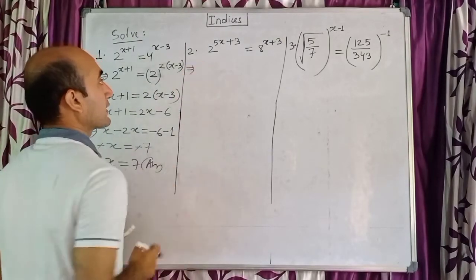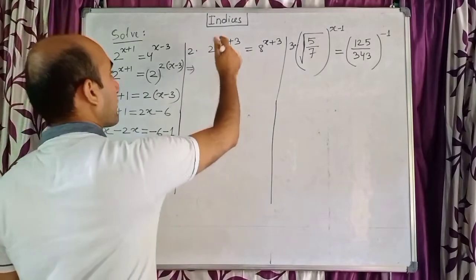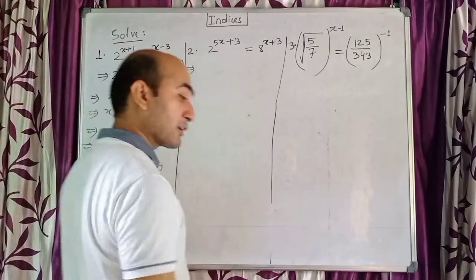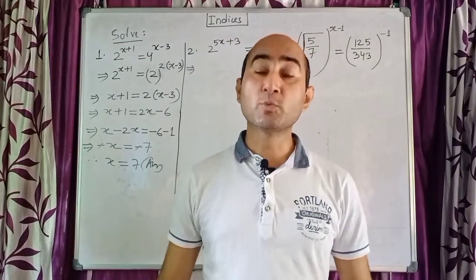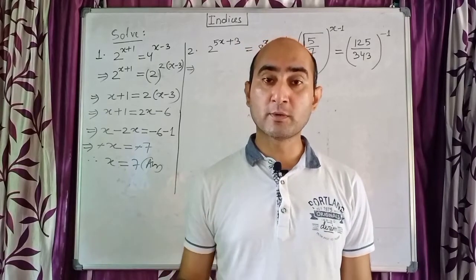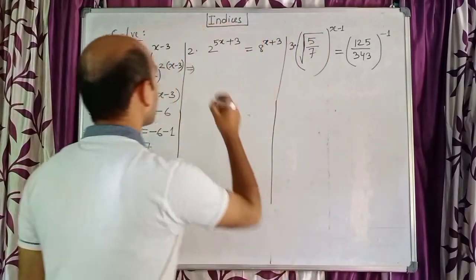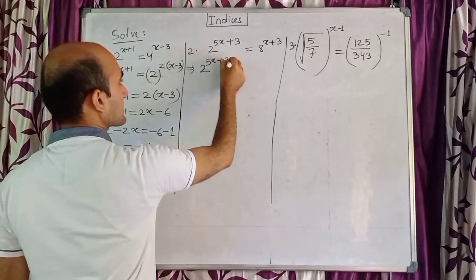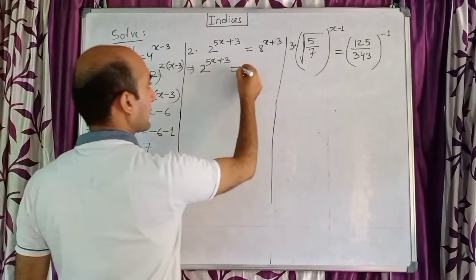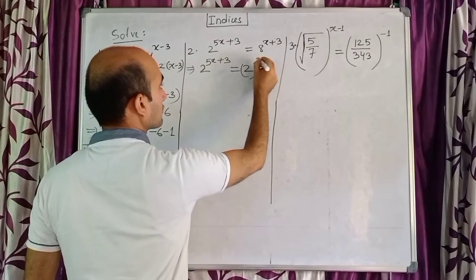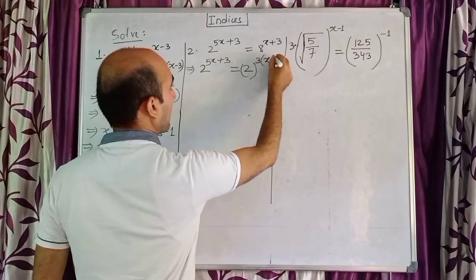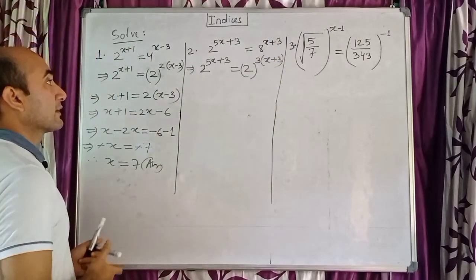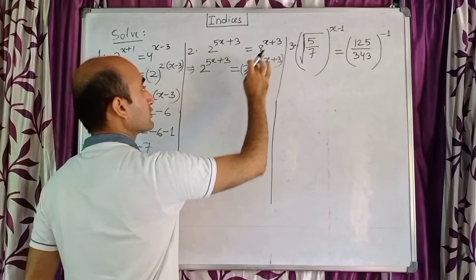Second question. You can see here, same concept. I have to find the value of x, and x is on the top in the power. So this is 2, and 8 also can become the cube of 2. So I will write 8 as 2 cube and 2 I will write in the same way. So here 2 and power is 5x plus 3. No change in the left hand side, but here 8 I will write 2 cube. So I will write 2 cube and my remaining power is same, that is x plus 3. So x plus 3 is my old power, and this cube came because 2 cube is 8.